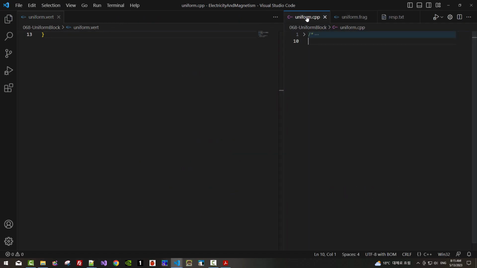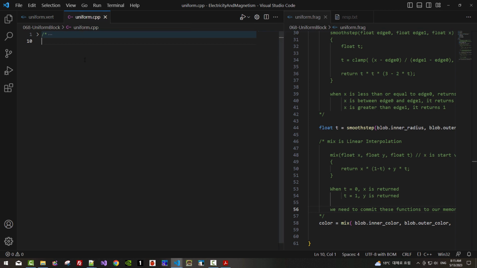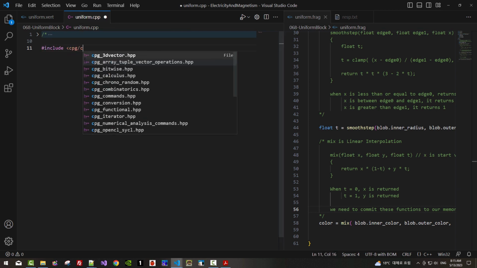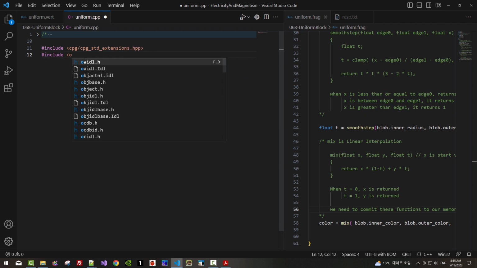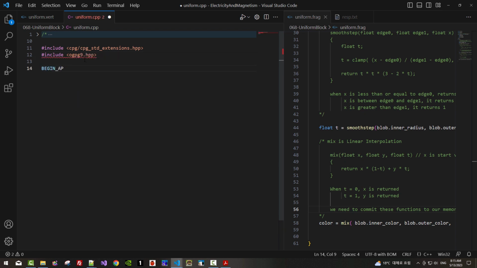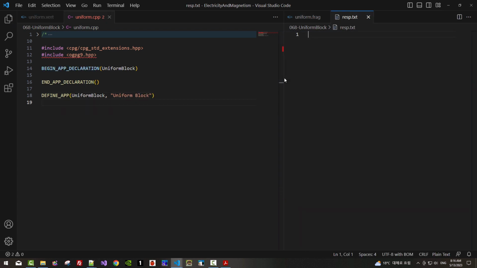Now we select uniform.cpp, include CPG, SCD extension, include OpenGL programming guideline. Begin app declaration. Our class name is UniformBlock and app declaration. Define app. We pass this class name UniformBlock here. Then the title UniformBlock. We select the response file